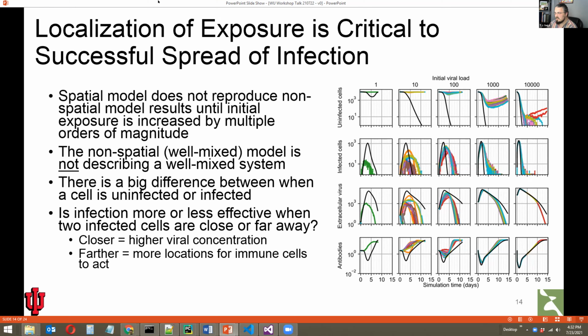And in this case, what we hypothesize is that the localization of virus that's neglected in the ODE model is actually quite significant, in that it takes much more virus in a local patch of tissue to actually generate something like widespread infection and a potentially lethal outcome. That's not something you can ask with a homogenized model.